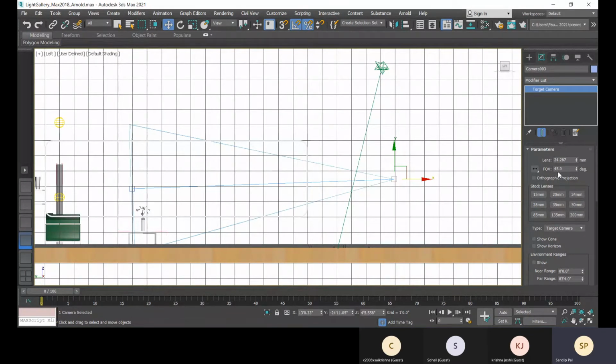So this lens is already there, and some stock lenses are some presets, so according to that you can set as well. Suppose 15 is available, 20 is available, but you need 18. That will not be done with these presets, so for that you have to change it manually.